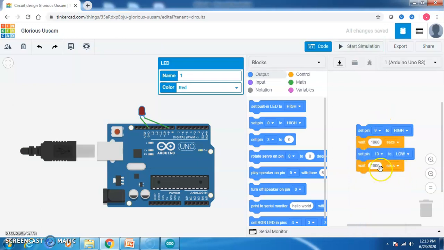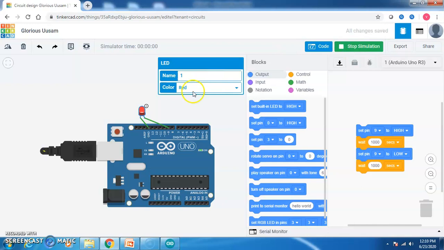You get the output. Now you click on start simulation. So you can see the LED glowing, blinking for 1 second